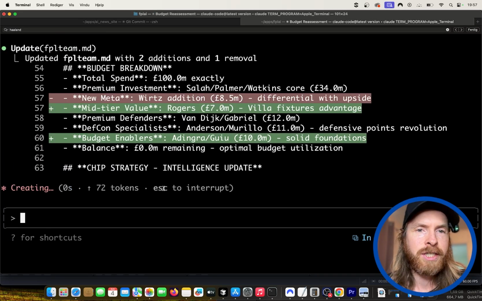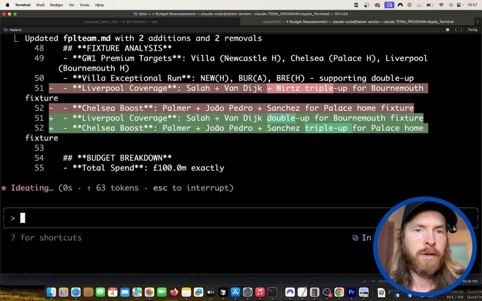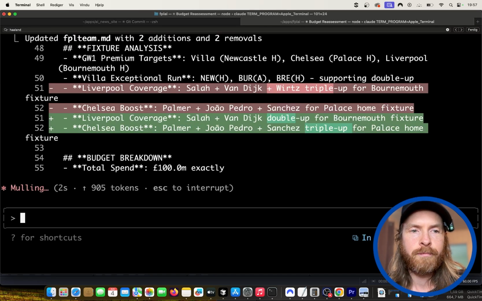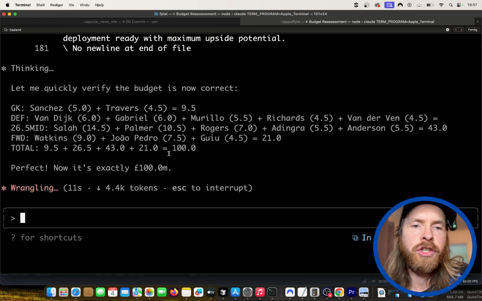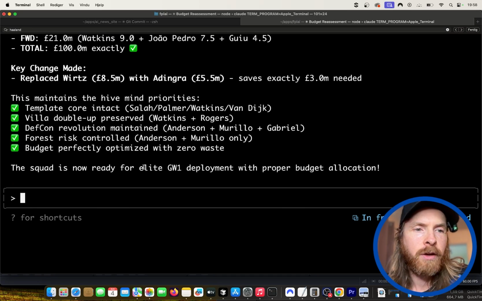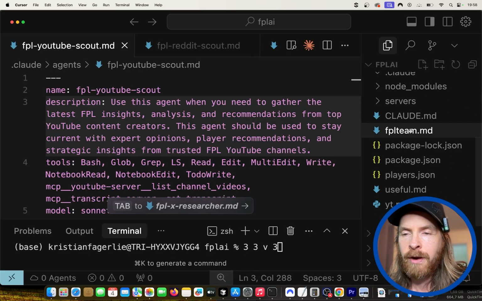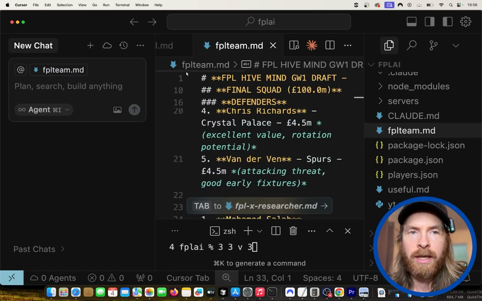So now we have a team, right? We have some mid-value tier, okay. We have a budget enablers. And yeah, okay. It's good. It double checks the budget. It should be exactly 100, but I'm gonna double check. Okay, so the squad is now ready for an elite game 1 deployment. Okay, perfect. So we can now go here, we can go to our FPL.markdown, and we can kind of see